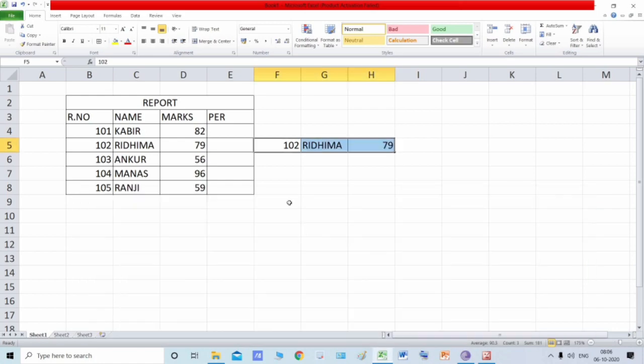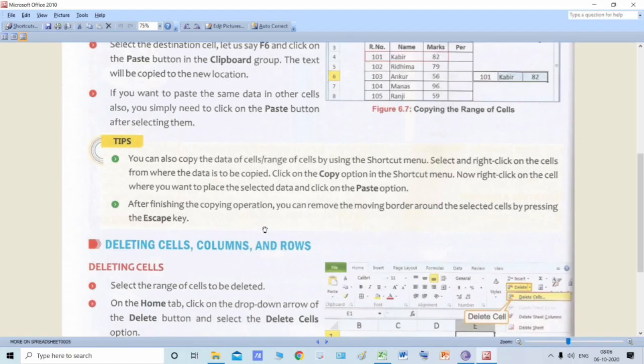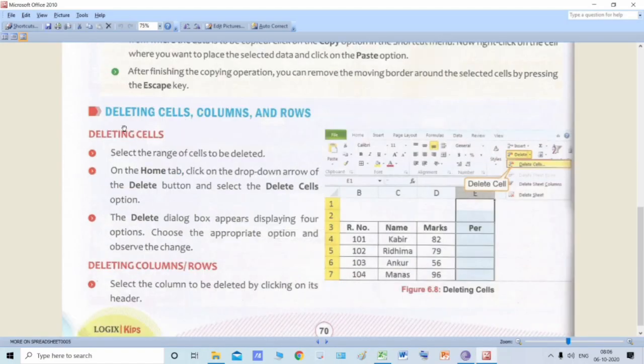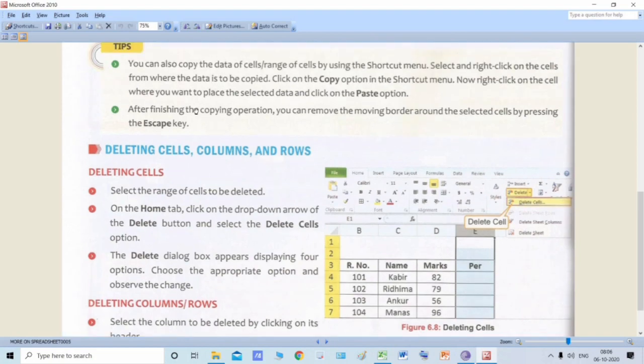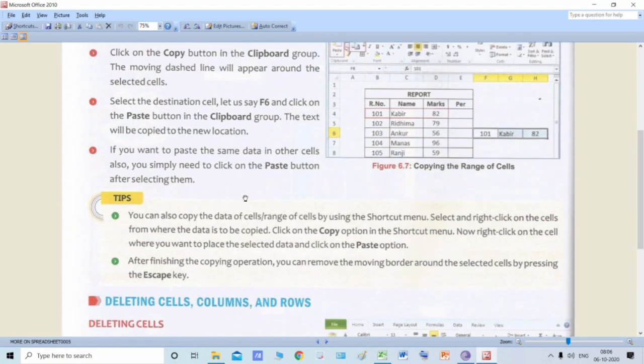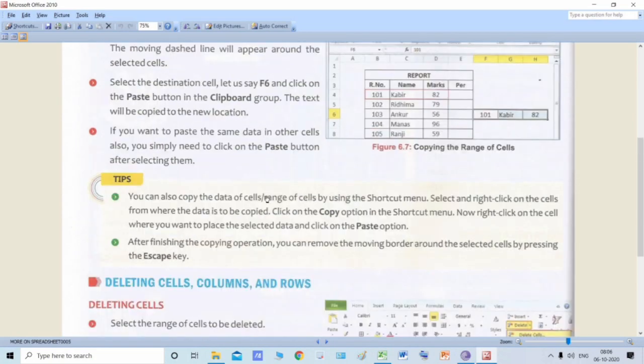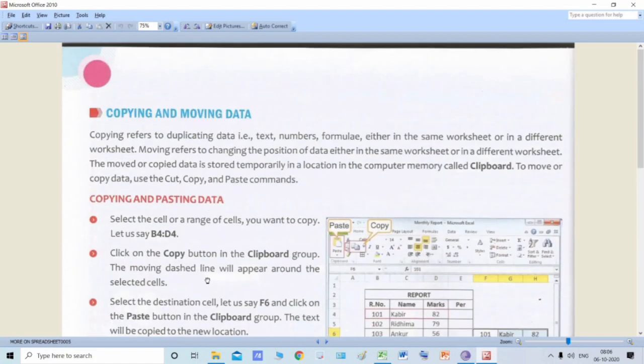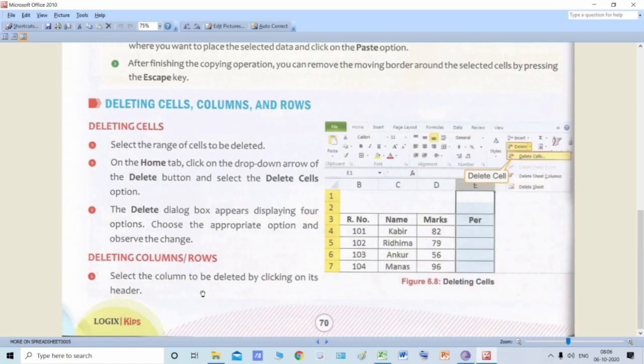Okay, now let's move on. In the same manner, you can do the moving of data operation also. Just in place of copy, you need to use the cut option.